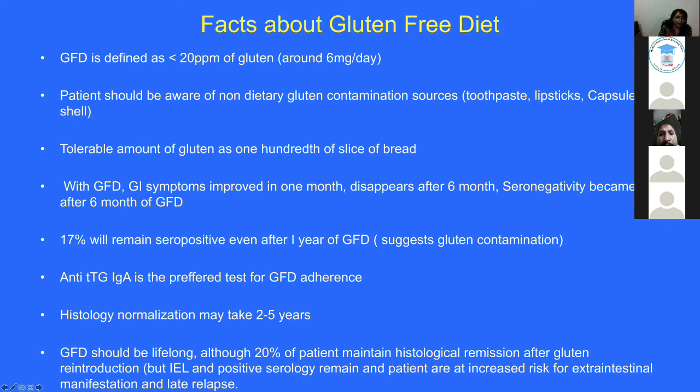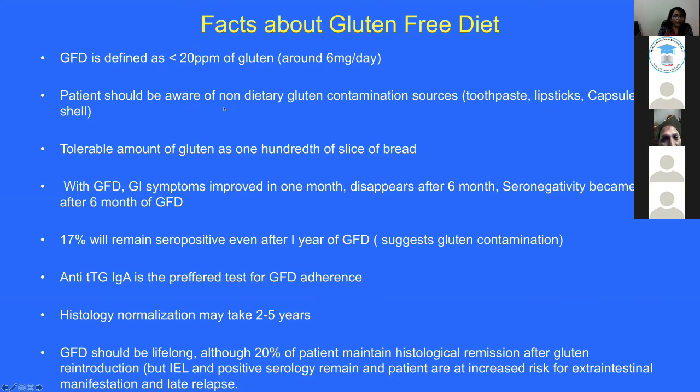milligrams per day. Why am I telling this figure? Because for patients with celiac disease, we tell them to keep different containers for making food. Why? Because even the small 6 milligrams of gluten can occur if the same tawa or same chakla is used for making chapati for patients with celiac disease. This much contamination can occur. So even a small amount of contamination by gluten can lead to non-response of